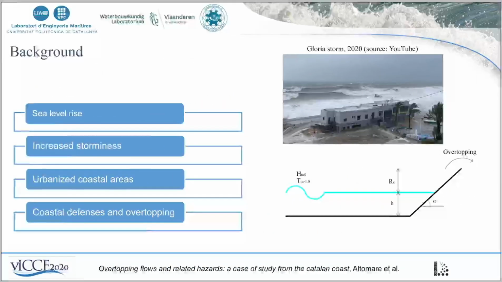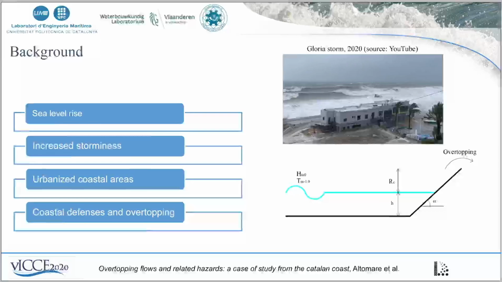We all know that climate change is leading to sea level rise, but also more frequent and severe storms worldwide. We experienced in the last decades several sea storms. For example, one of the last ones is the Gloria storm that struck the Mediterranean coast of Spain and the southern coast of France, with several damages and even casualties. Therefore, urbanized coastal areas are now exposed to